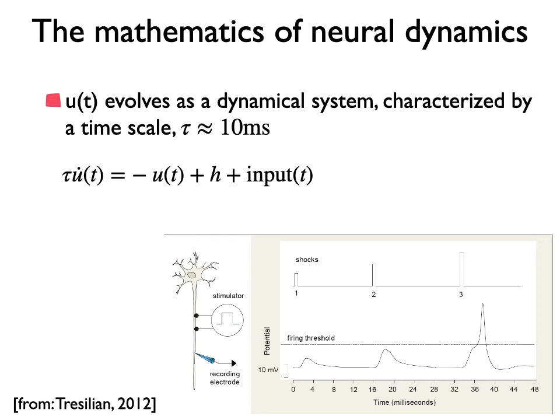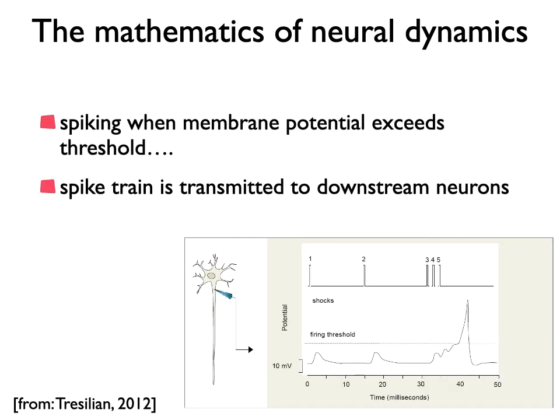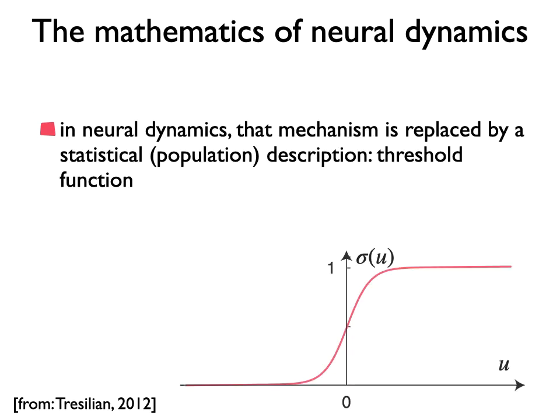Mathematical modelers in this domain talk about mean field theory, where you introduce some kind of coarse graining procedure to talk about the dynamics of a population of neurons. Now, the neurons are actually spiking when input exceeds threshold, and these spikes have this property of being somewhat uniform in temporal shape, and it's the spikes that are transmitted to downstream neurons. And in dynamical field theory, that fact is approximated simply by saying that at the population level, what is transmitted is